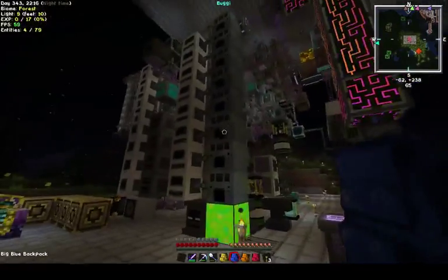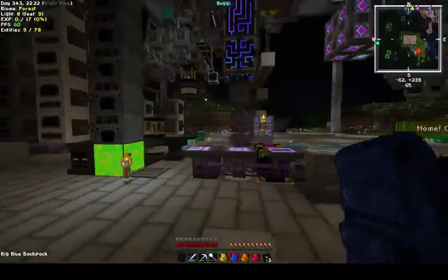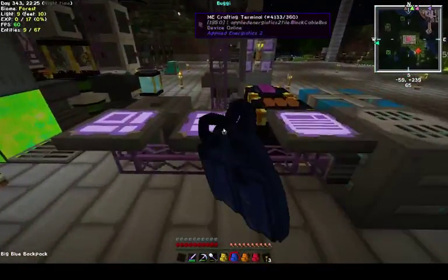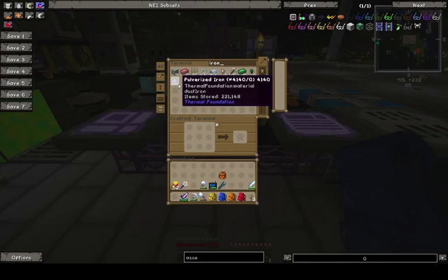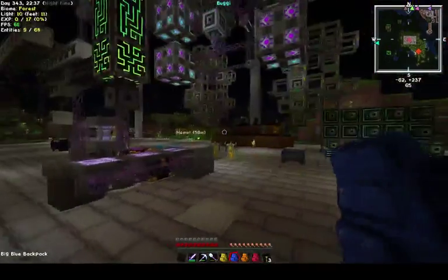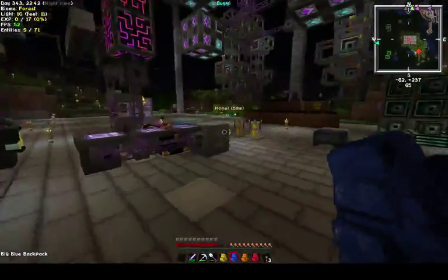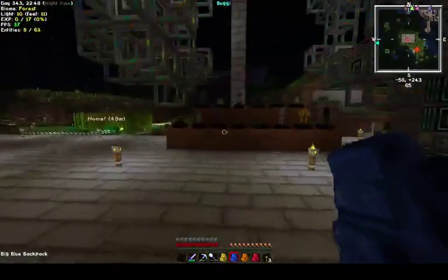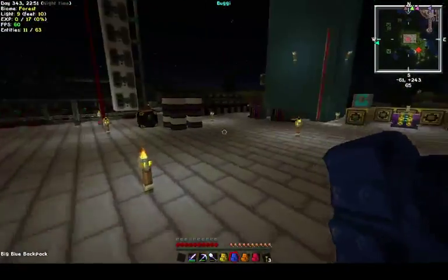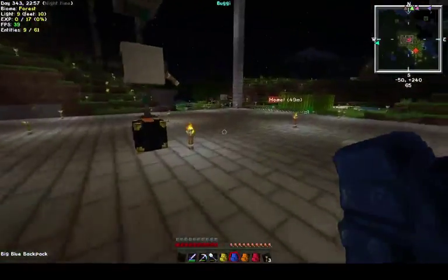I have a system of ore doubling and ore tripling that processes all my ores, which gives me iron. I'm not doing too shabby at 9,000 iron with 221,000 pulverized iron. So the iron ore comes in, it is processed in a system. I don't think I have it set up here anymore, but